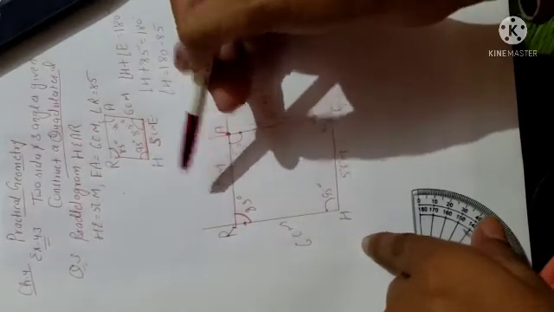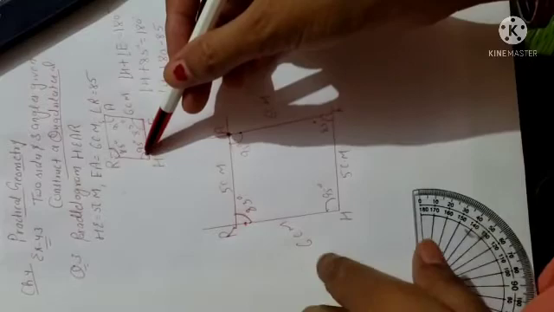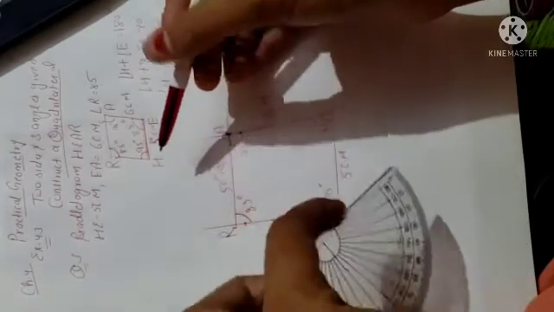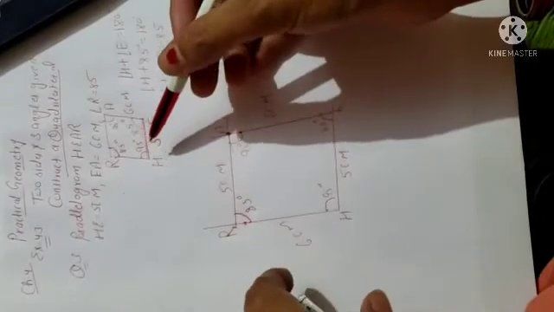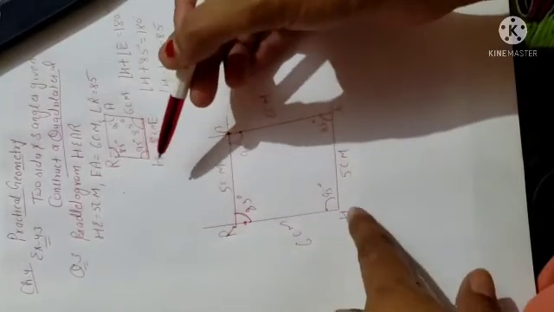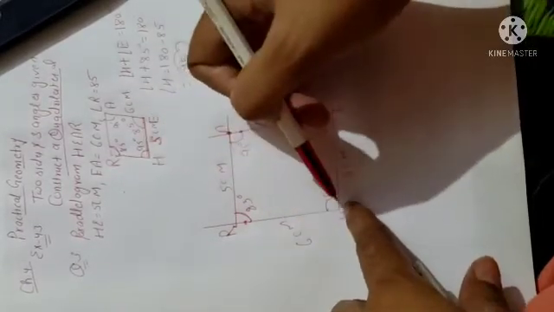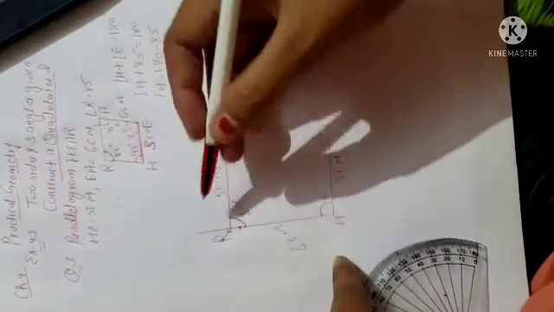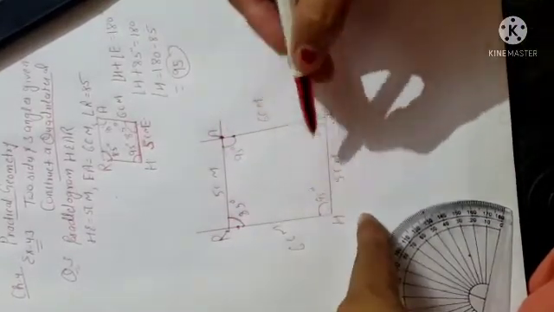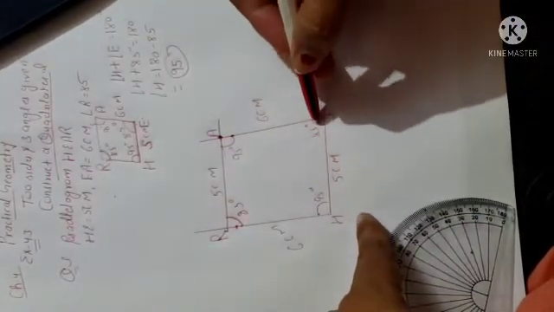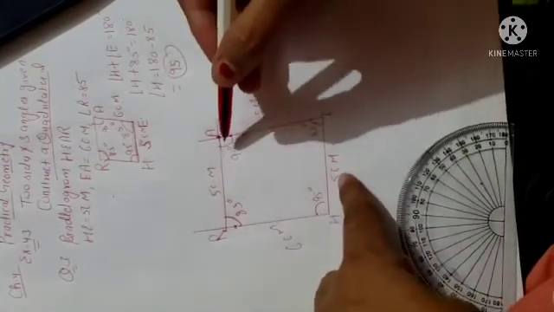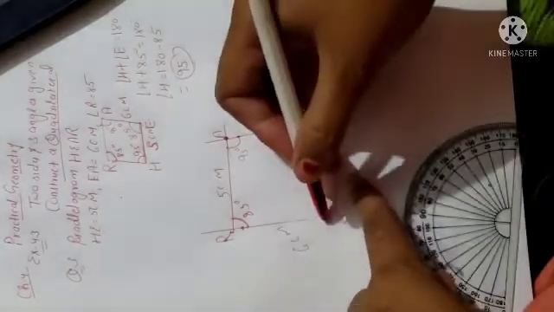95, beta, is not a standard angle, so you have to draw this angle with the help of a protractor. Okay, because you will not be able to construct this with the help of a compass, so you will draw this angle with the help of a protractor. So for 95, first of all you will put your protractor at point H, and you will mark the angle H, it is 95 degree. Same, angle E is 85 degree, and with the help of the protractor you will mark angle E also, 85 degree. So these are the 85 angle and 95 angle.